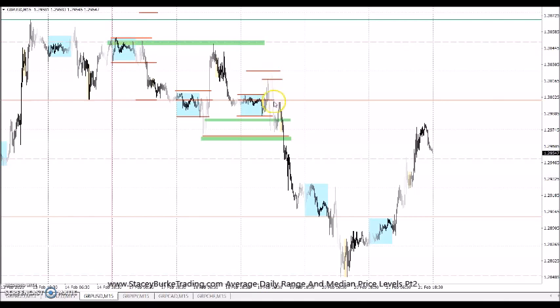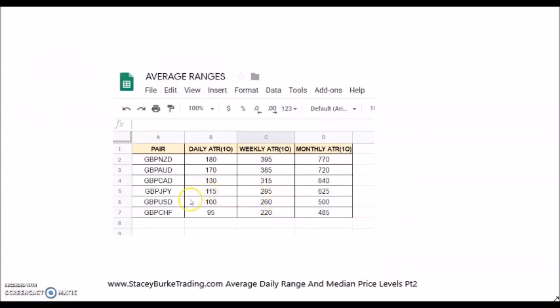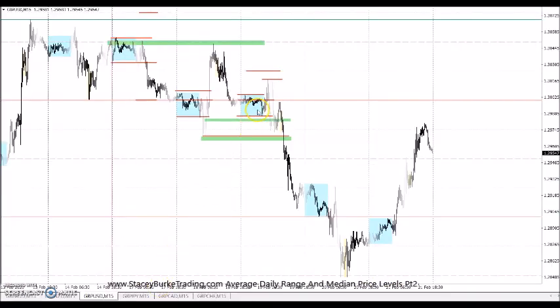We've got 1 box, 2 boxes, 3 boxes, 4 boxes. That's 100 pips. We said that the pound's average daily range was 100 pips. So if the market starts to move down into the next equity session, and we've already got 1, 2 levels of drop, in your head you may want to start thinking that if this level is broken, we may have another 50 pips of movement left in this move down to the downside. So the market, and this is Wednesday, again the pink line is a Monday. We head into Thursday's session.